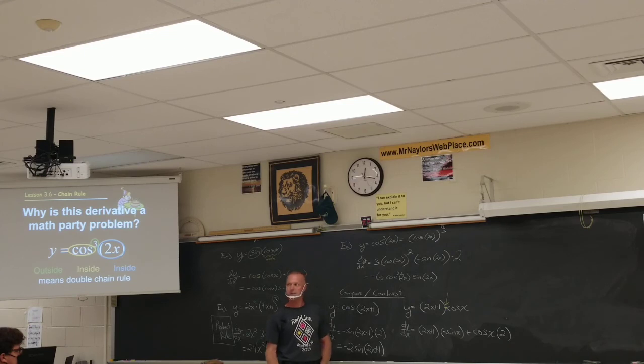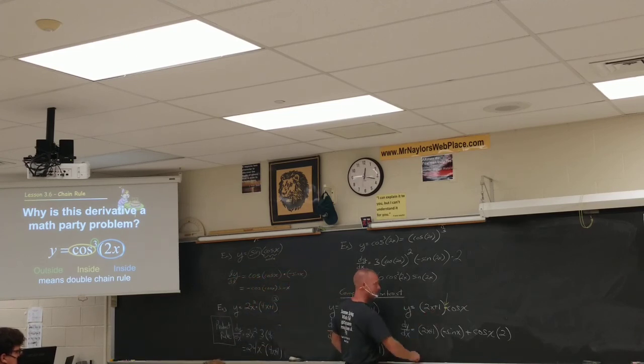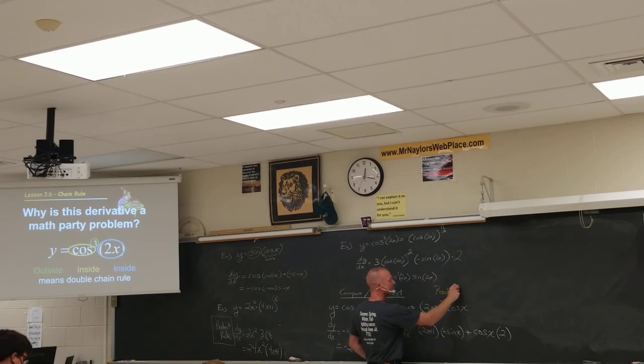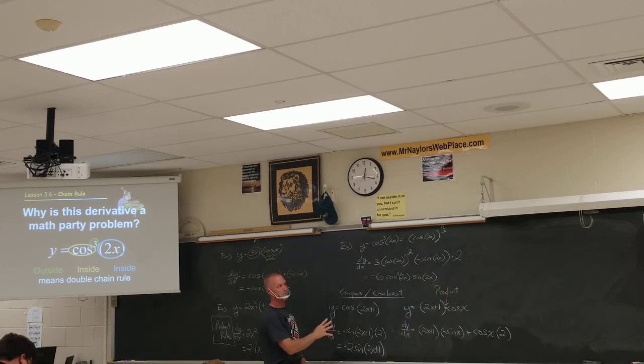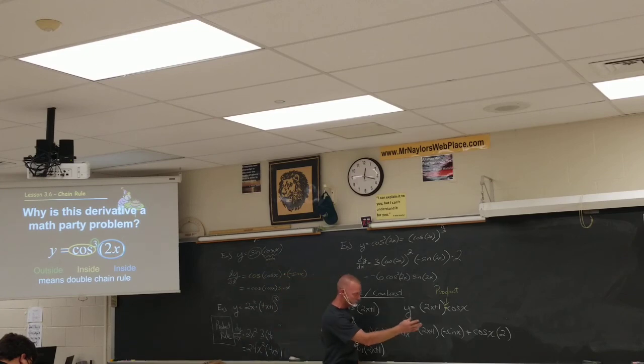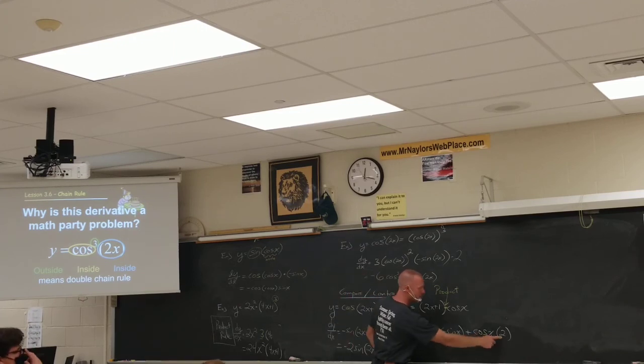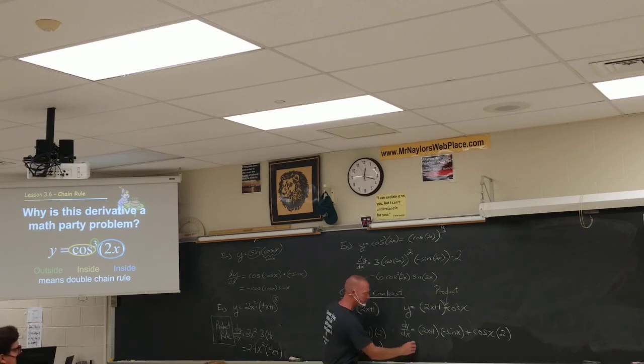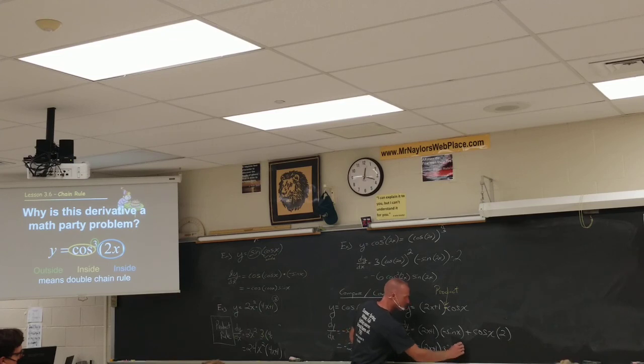In fact, I don't even think there was a chain rule in there. Well, there wasn't, but I just want you to compare these two problems because one of them has a product, and probably that's the one that's a little harder, and one of them doesn't. But we have to see that, therefore, they both require a different sort of philosophy. I heard you girls talking about if you simplified this or not, all that stuff's kind of small potatoes. There's really nothing you need to do here. The negative maybe should come out front. The 2 maybe should be in front of cosine. If we're going to rewrite it, we might as well do that. But again, you don't really need to factor,